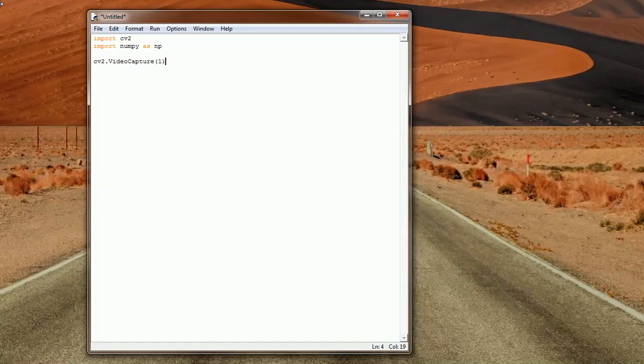Now we want to store the object created here in a variable, and we shall name it cam. Now cam is an object that actually references the webcam that we have. So now it's ready to stream frames of this object. Now moving along,